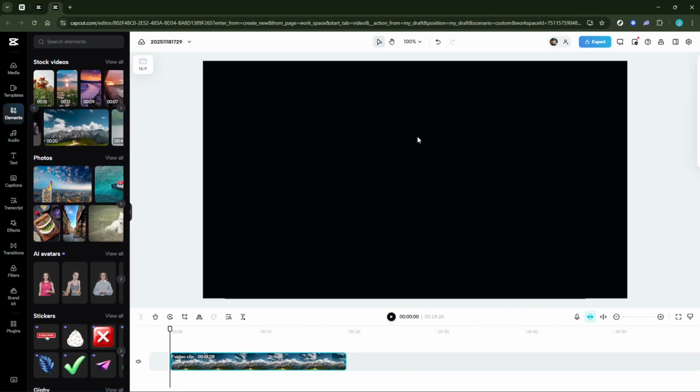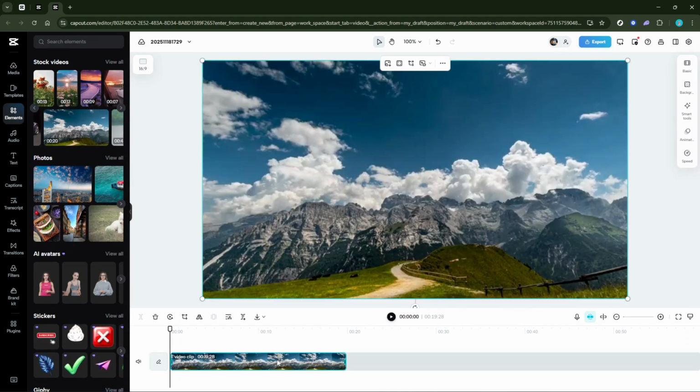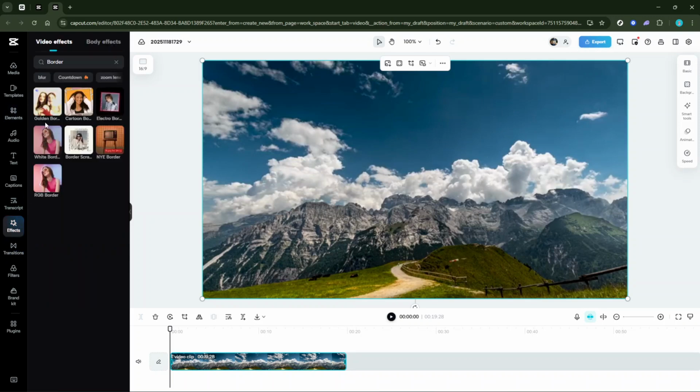Next, on the left side of the CapCut interface, you'll notice a menu. Here, you want to locate and click on the option labeled Effects. This section houses a range of effects that you can apply to your video to enhance its appeal. In particular, we are interested in what's available in the Basic or Video Effects tabs. Take a moment to explore these sections, as this is where you'll find the effect we are going to use. Look for an effect titled Border or Outline. This is what will allow us to add that neat finishing touch around your video.